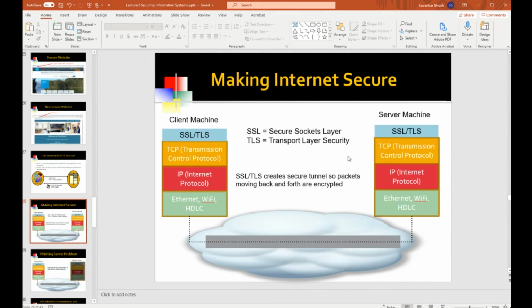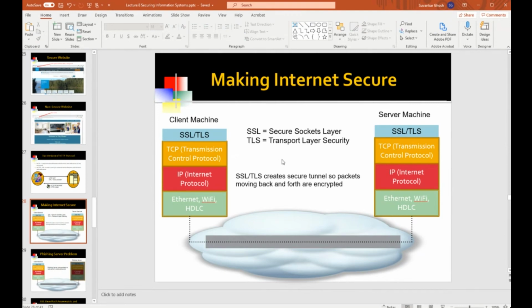And basically, the two are agreeing that they will now transmit only encrypted packets. And there's actually an exchange happening here of what the session key is.